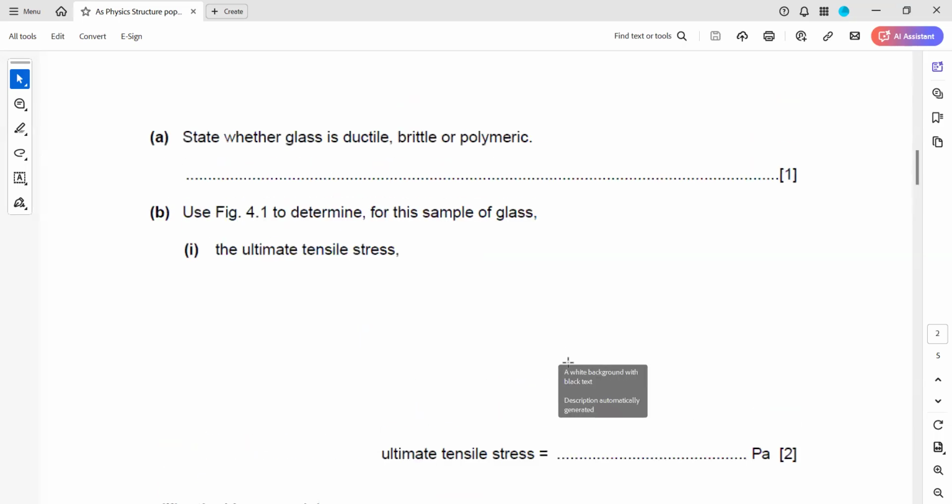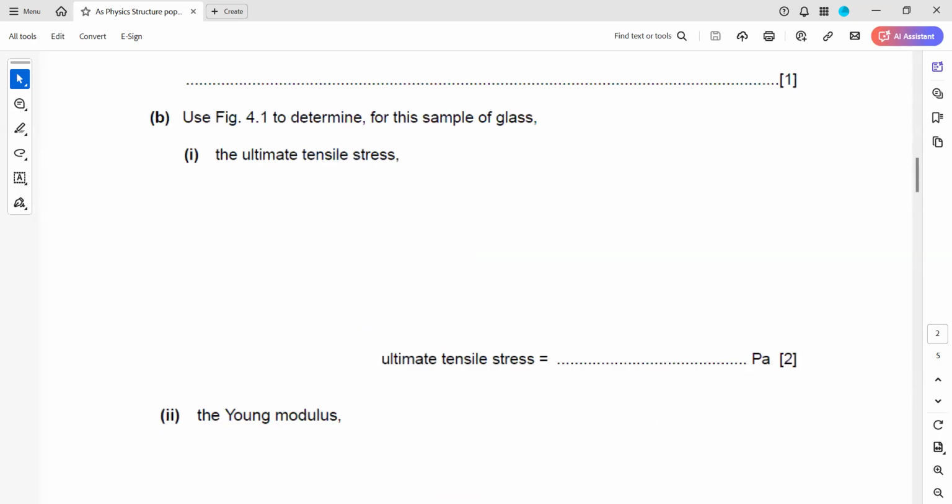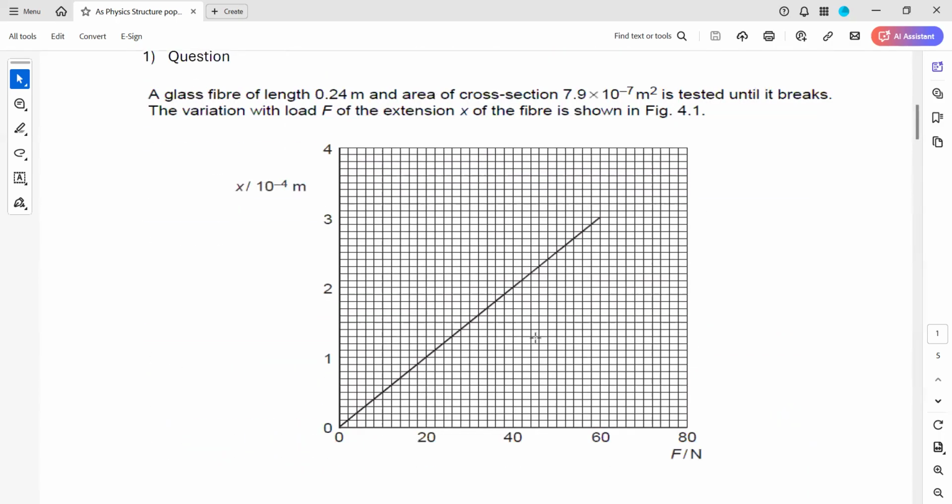First, ultimate tensile stress. What is the meaning of the term ultimate tensile stress? When we apply the force, the object will stretch. The maximum stretch which we apply on the object is known as the UTS, or ultimate tensile stress. And stress is also the force acting on the area. So first we'll work out the maximum force from the graph. This is the maximum force which we are applying,